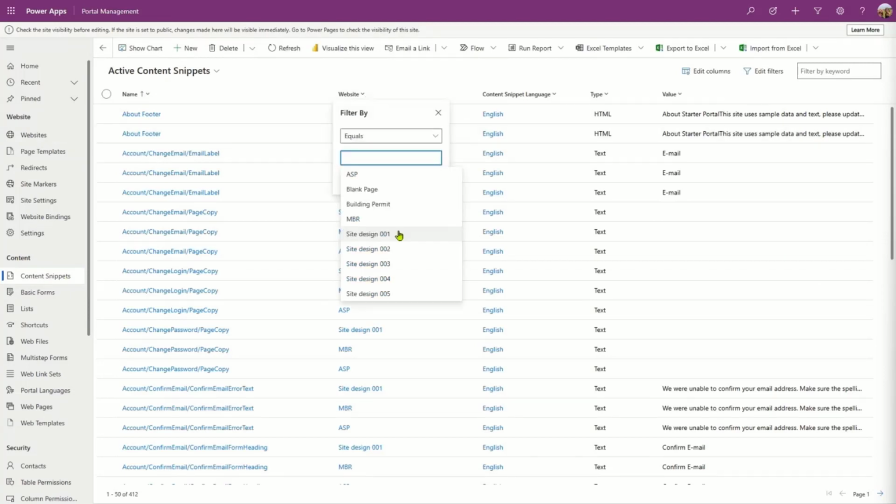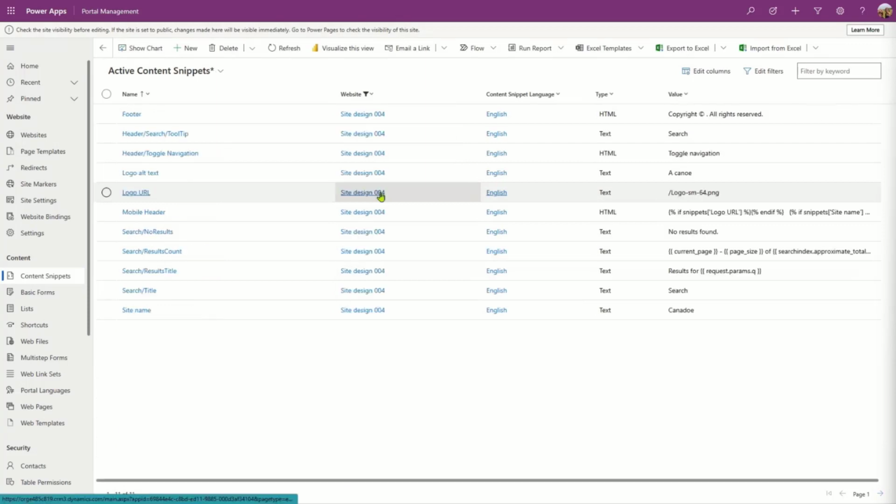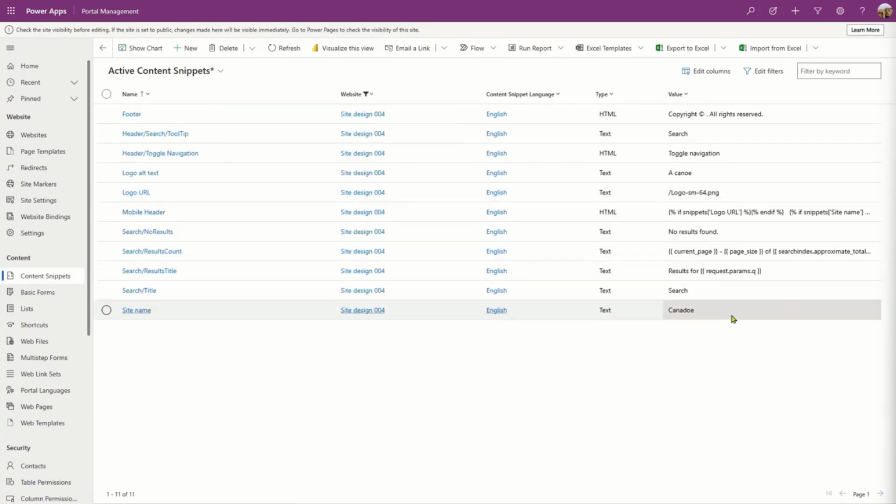Now, I have a lot of sites in my environment, so I'm just going to filter that by the site that I was just showing you. And you'll notice that right there, I've got my site name, that is Canadu, and, what else did I change? I got my logo here. You'll see above that, I've got my alt text and so on and so forth. This is where all this information gets stored. And the cool thing about that is if I want to refer to the site name or the company name throughout my content, I can actually just do that by referring to this snippet. And these snippets, you can use them for a lot of other things. Like, for example, my copyright notice, some reusable text that I want in every single page. Instead of, again, retyping